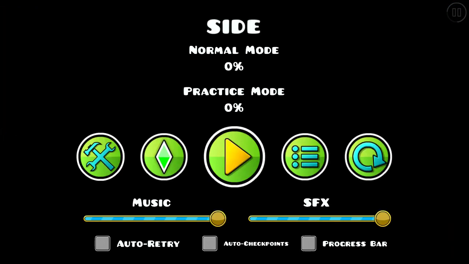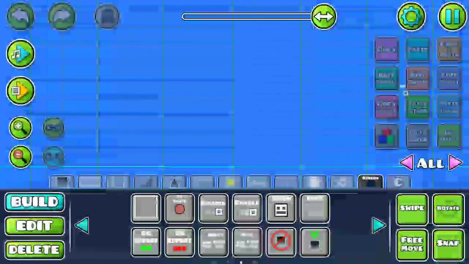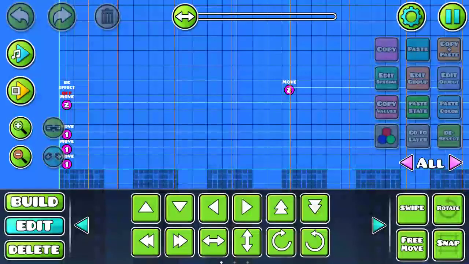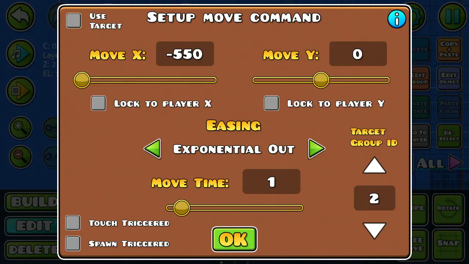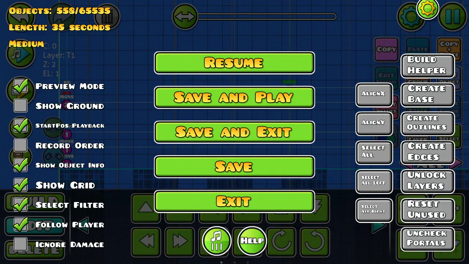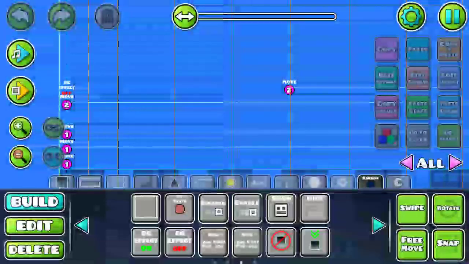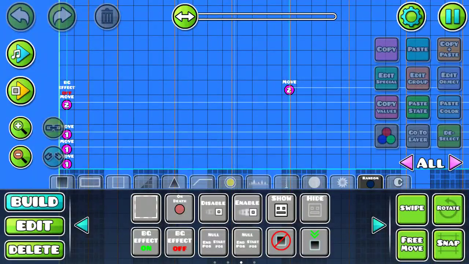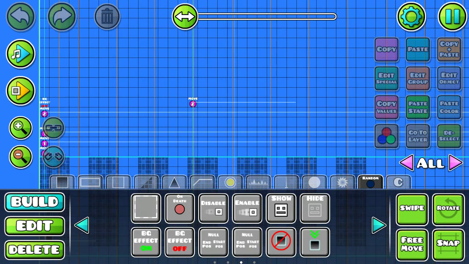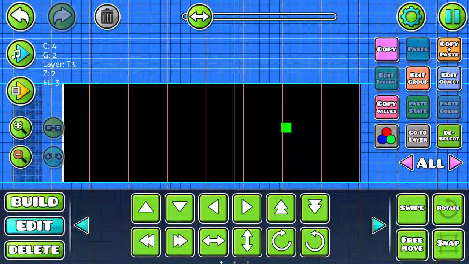There you go. But that was going a little too fast, so I guess we can just set it to sine out. And there we go. So now when we do it, there you go. Now usually some people like adding in text and stuff for it, which I guess I could show you how to do. But in order for us to do that,